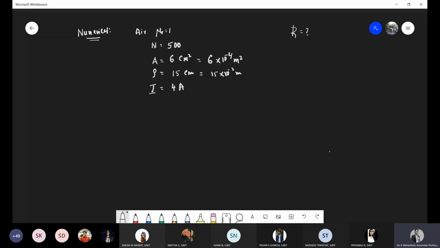Flux density B, and magnetic field intensity H. And we have the equation for reluctance as L by mu naught mu R into A. We have an equation for B as